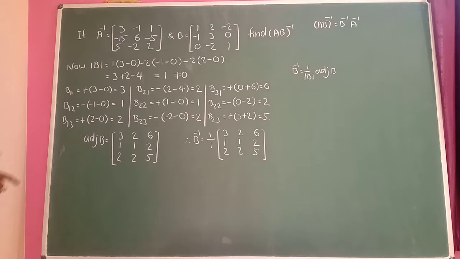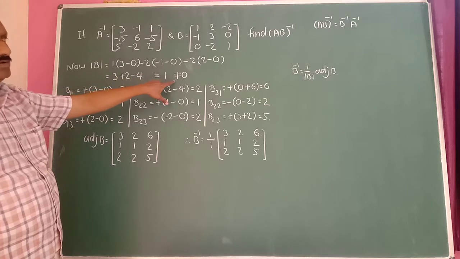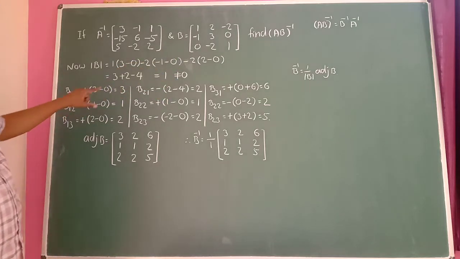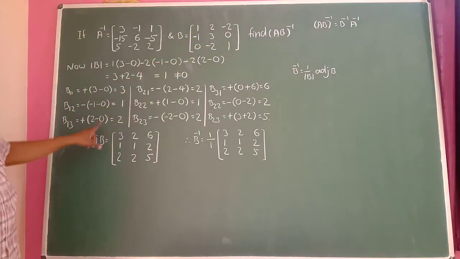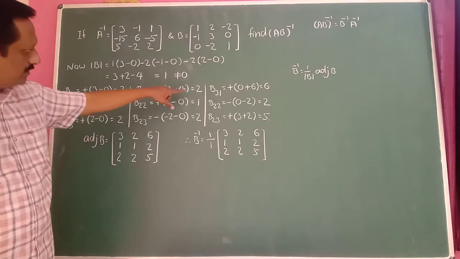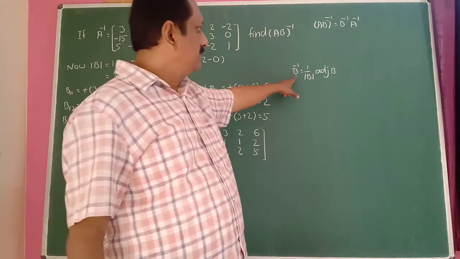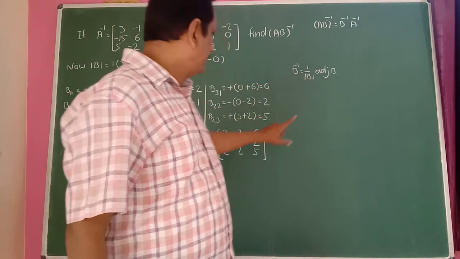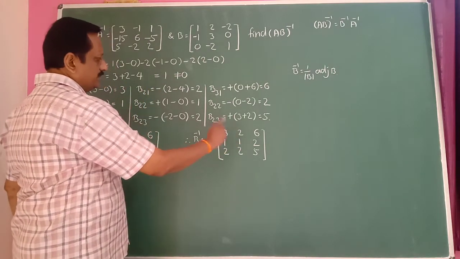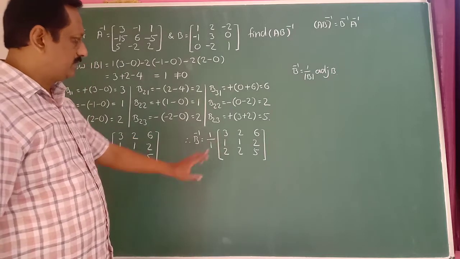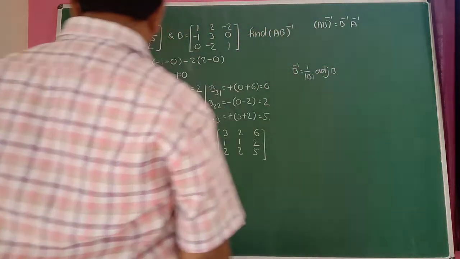So here, determinant of B, expand this one, determinant of B gives plus 1 here, not equal to 0, hence it has an inverse. Then we find here cofactors of each element of this matrix. These are the cofactors. Hence adjoint of B: 3 1 2, 3 1 2, first column 2 1 2 here, then 6 2 5. Then you know this formula. B inverse is 1 by determinant of B into adjoint of B. Hence determinant of B is 1 here. Then this is the adjoint of the matrix. So B inverse is equal to this matrix here. Then use this formula: AB inverse equal to B inverse into A inverse.